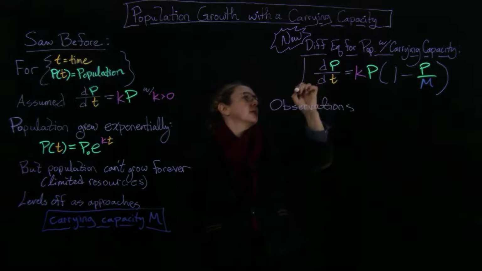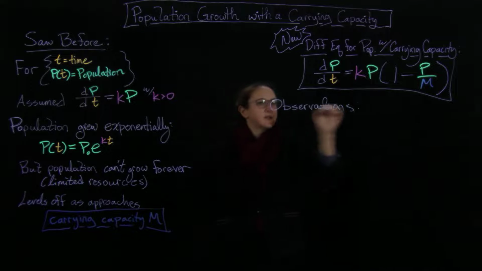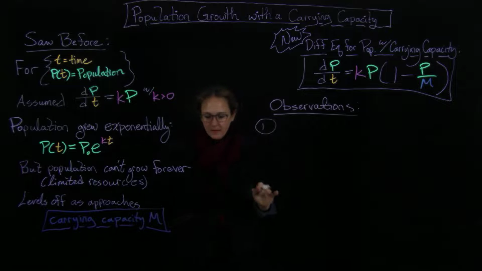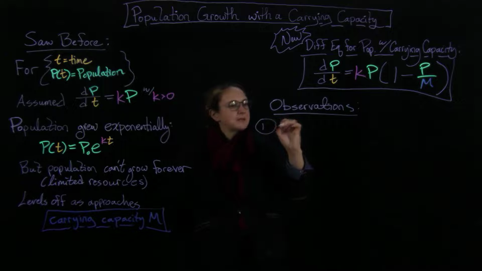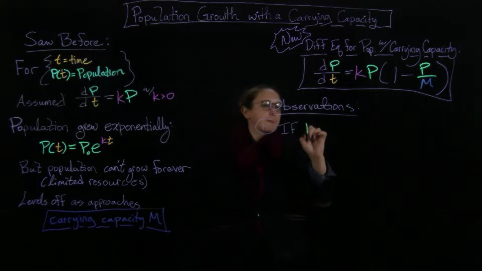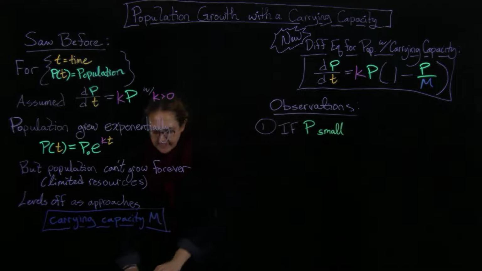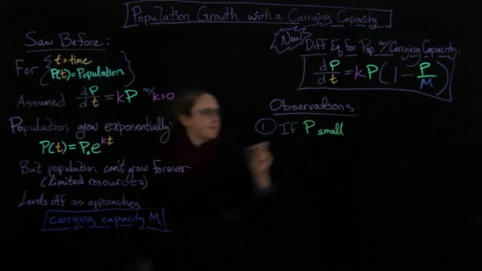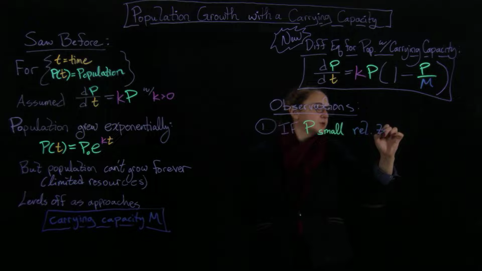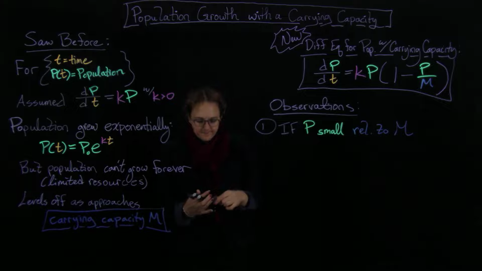This is a big important equation. Let's make sure to box that. So, observations. One: if P is small, so if this population is small relative to our carrying capacity, relative to M, okay, then